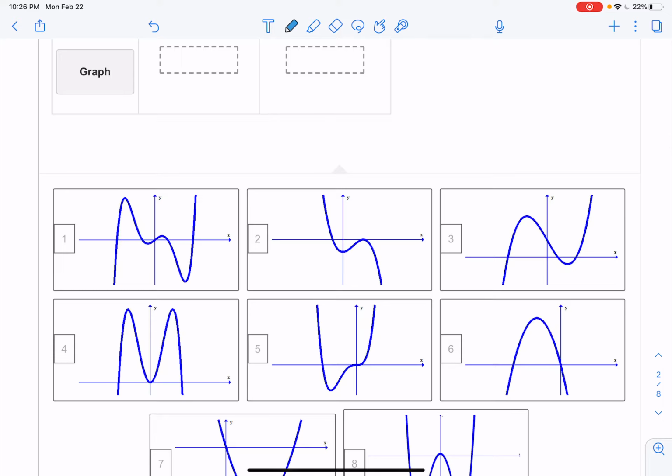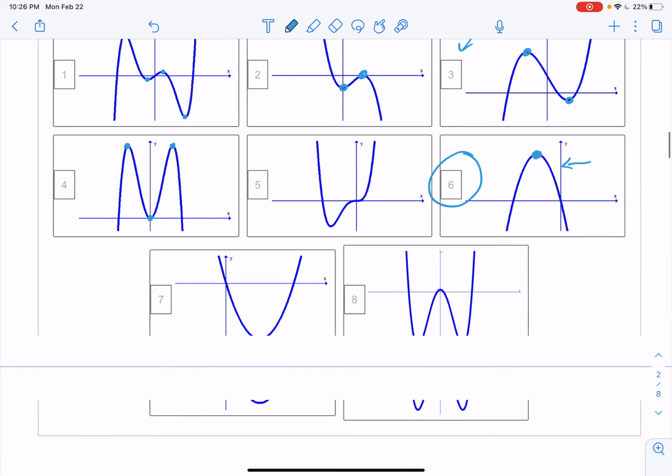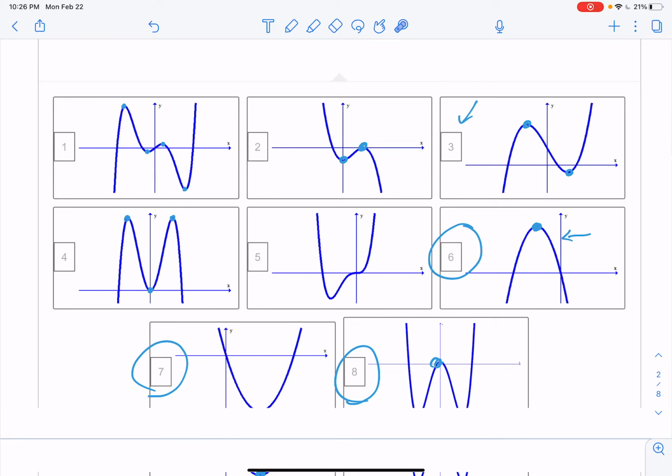So the extreme points, like for example, this has 1, 2, 3, 4. That can't be it. 1, 2, 3. That one can't be it. This one has 2. Number 3 has 2. And number 6 has 1. So right here for number 6, I can see that it has 1. And for number 7, sorry, number 7 is kind of broken up. This one also has 1. Number 8 has 1, 2, 3. Okay? All right, so